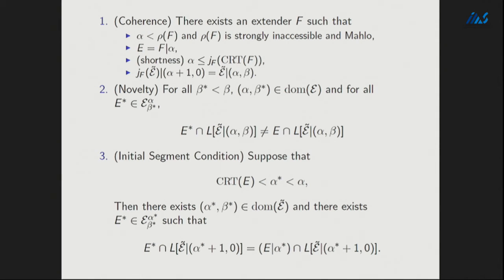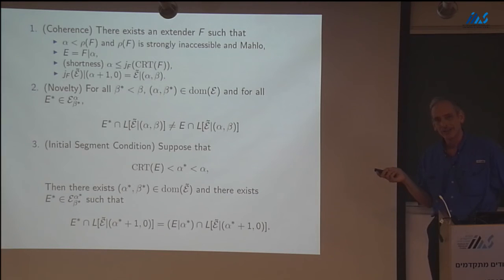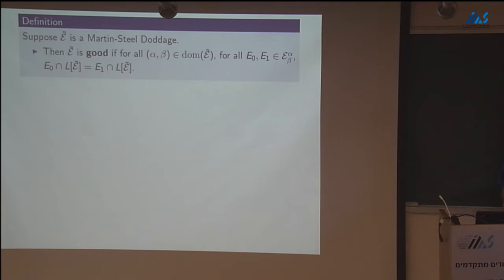Why do this? Because you can define a dottage, right? Whereas to define an extender sequence, you need to make some choices. So that's why they did it. All right, but if you move to a dottage, how do we know that things are working out when you construct from the dottage? And that's the notion that the dottage is good. So the dottage is good if you take anything in the domain of the dottage, take any two extenders in that set, then those extenders agree on the inner model. So the extenders are not the same in V, but they have to agree in the model.